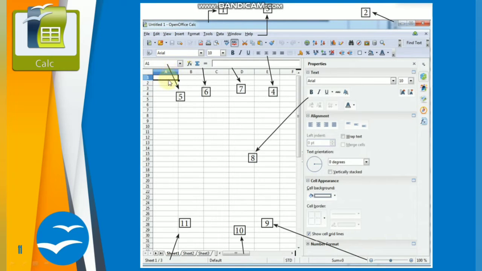For example, if your current position is in cell number 1, then your cell address will be the A1 cell. This is called an A1 cell, and the cell that is highlighted is called your active cell. You can see this cell has been highlighted with borders, a dark black border. As of now this cell is selected, and it is called your active cell, and the cell's address will be displayed here. Therefore it is called your name box.